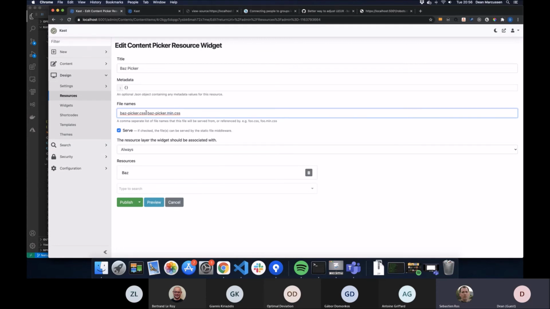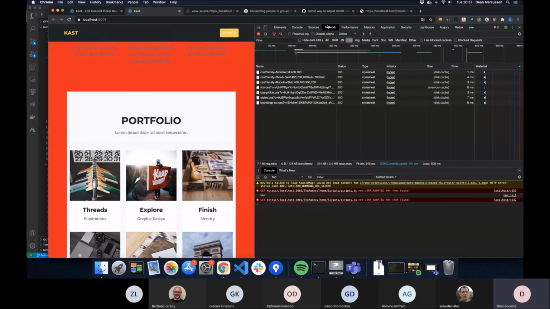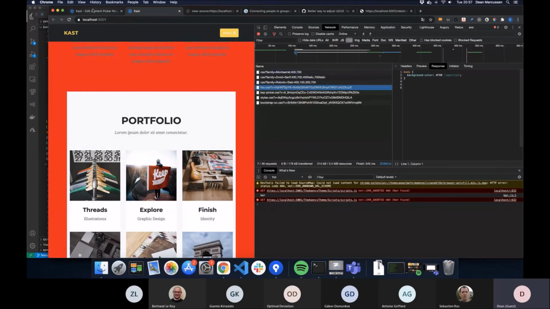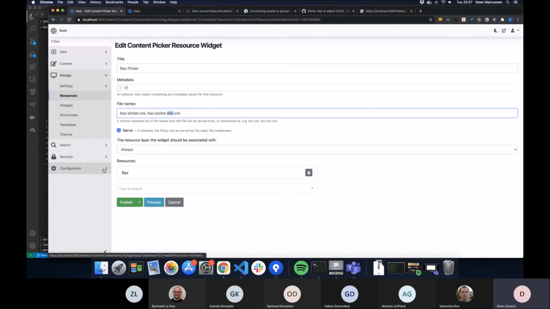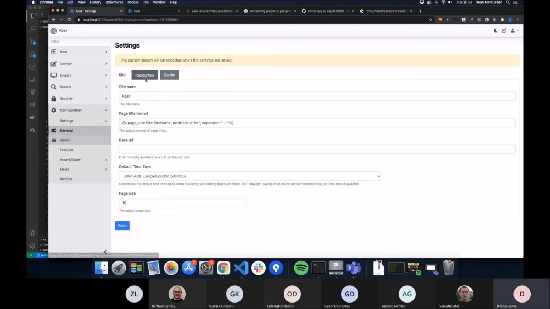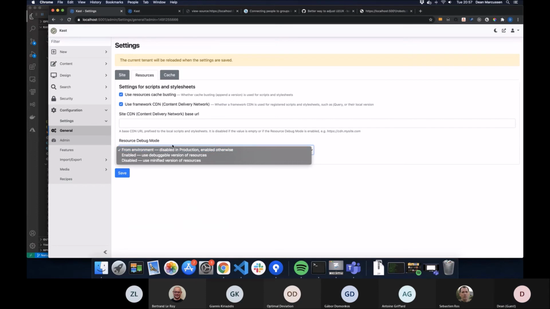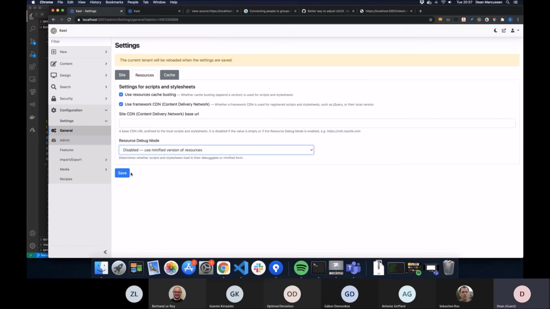Yeah, rather than doing two text boxes, because it covers more if you provide more options, just provide a simple comma separated list, and depending on the debug settings of the site, it will serve under either name, which then gives you a handler to hook into. So if we look at this one here, it comes through as foo.css. I suspect if we change the site settings to use the minified version,